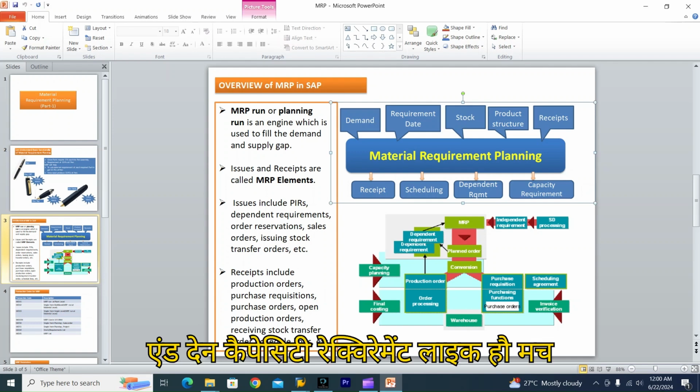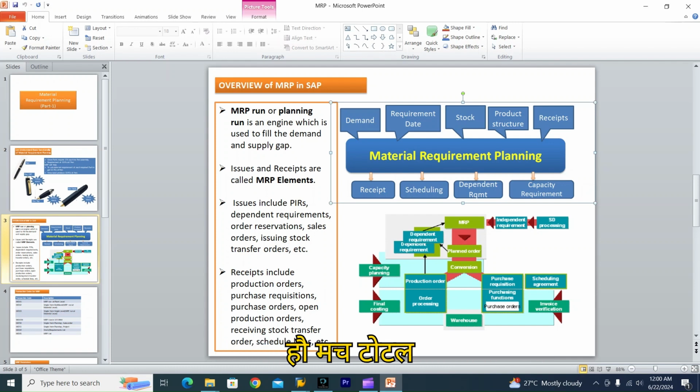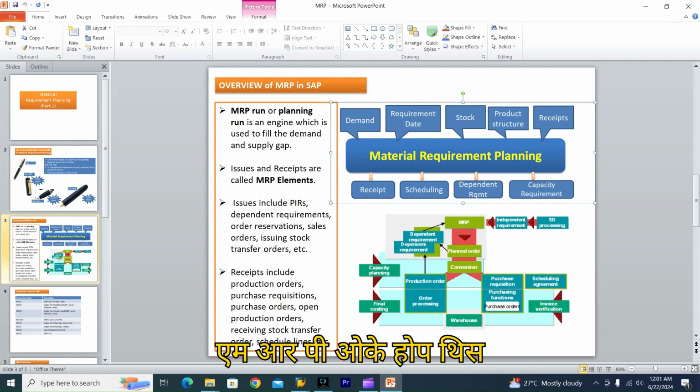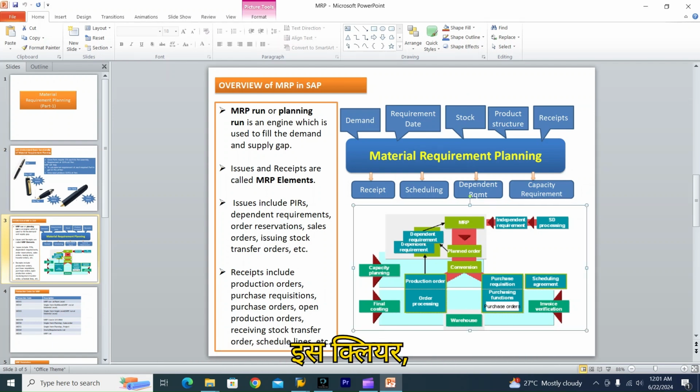And then capacity requirement, like how much total time capacity is required to produce that material. That capacity requirement is also calculated by the MRP. Okay, hope this is clear. Okay, so if you look at one more graphic here,